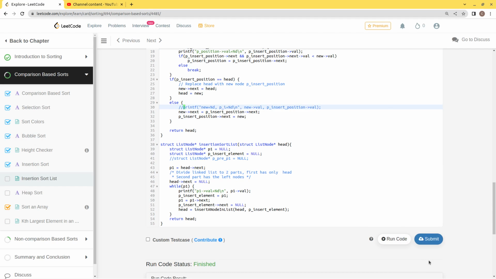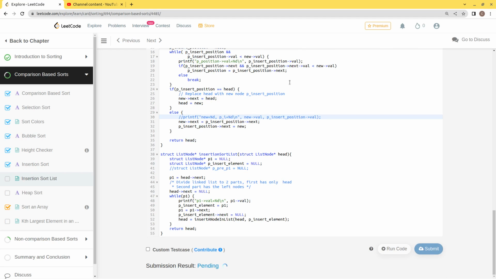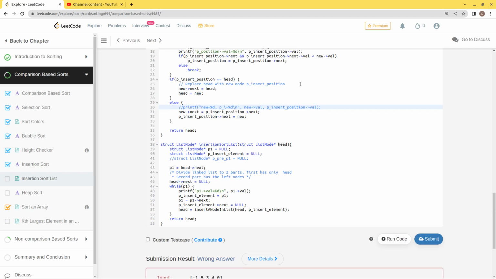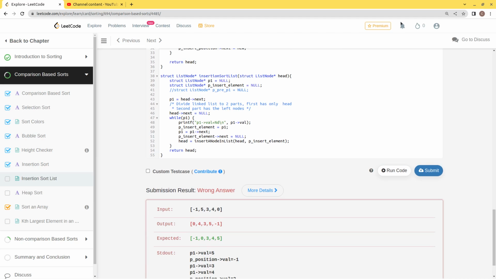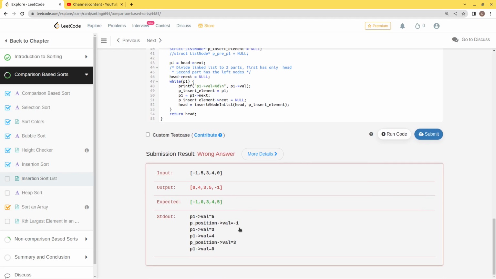I'm going to comment this one out and see what's the submit code. Wrong answer. Output is 0, 4, 3, 5, minus 1. Expected, that's a complete mess up. Weird, huh? First one we got 5, that's right. And the position is number 5. So,